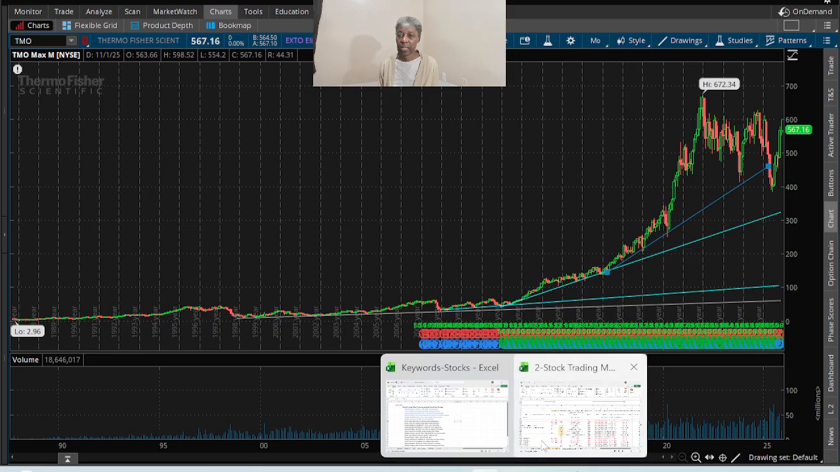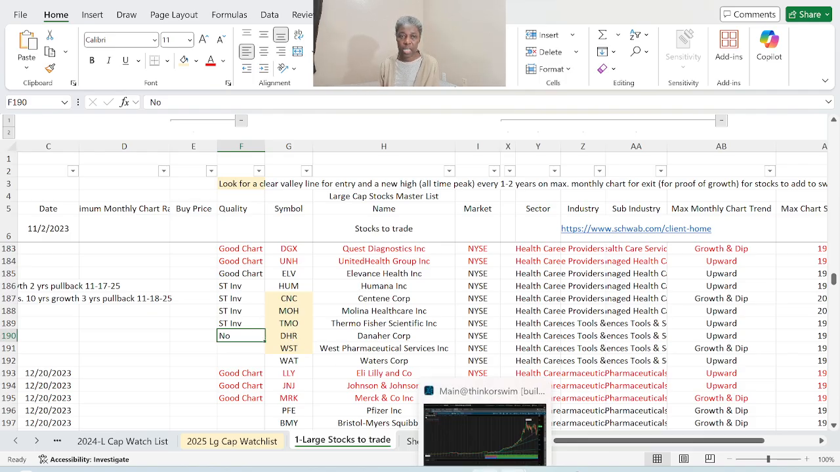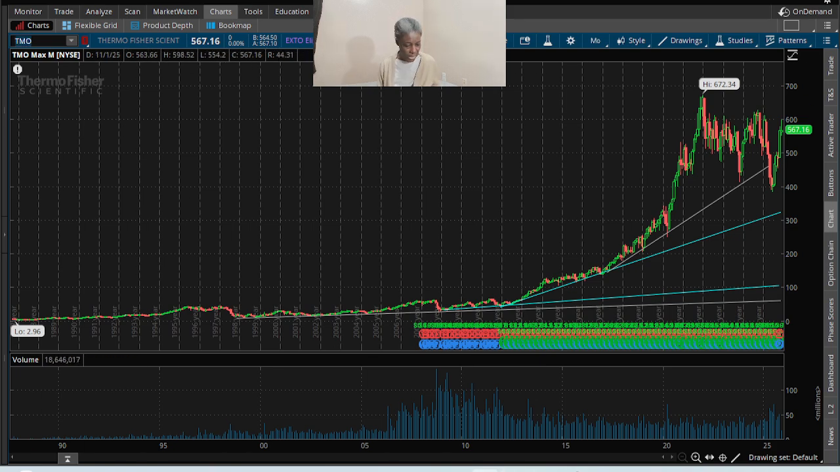So this end is nowhere near toward the valley line yet. So therefore, there is no point of adding it to our watch list now. But we can just put it as a short-term investment to make it look like it's going to make it to our preliminary list. DHR. So DHR,